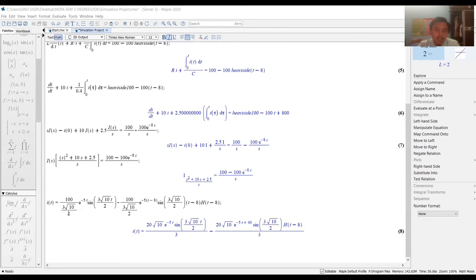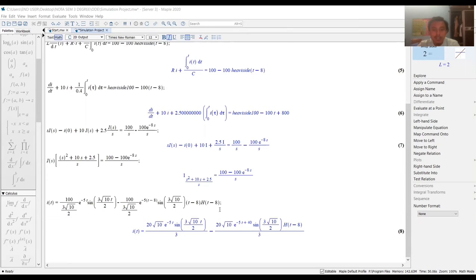And last but not least, we write the formula of I(t) equal to 100 over 3 square root 10 over 2 exponential to the power of negative 5t sine in the bracket 3 square root 10 t over 2, minus 100 over 3 square root 10 over 2 exponential to the power of negative 5 t minus x sine in the bracket 3 square root 10 over 2 multiplied by t minus x Heaviside